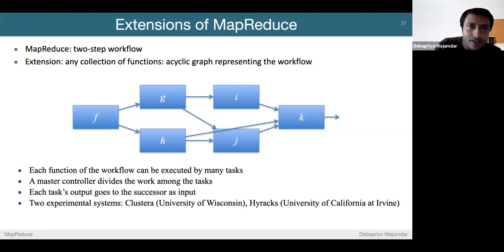So these were extensions of MapReduce. But what really did matter was recursive use of MapReduce. One map then reduce, but then the output of that reduce can go into another map and again reduce, right? That's like we saw in the matrix multiplication case.